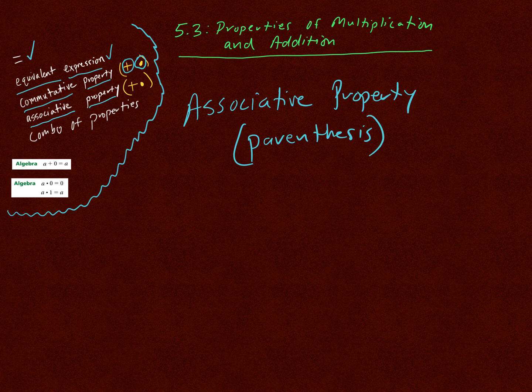Which I'm going to add to the word parenthesis there. So parentheses are these little brackets, these two little half circles. So the associative property in math also applies to addition and multiplication. And what that says is that if I have some parentheses, let's say I have 2 plus 3 plus 7,